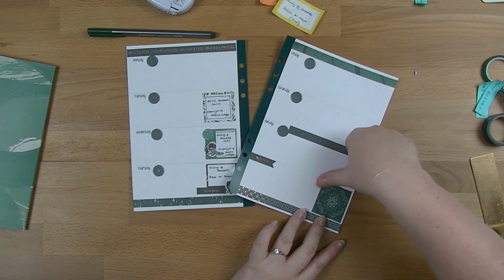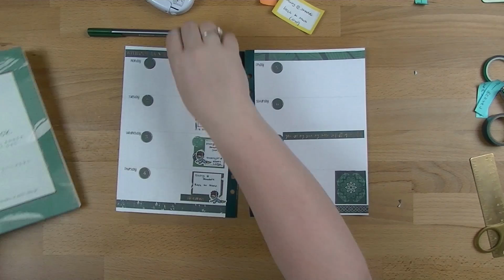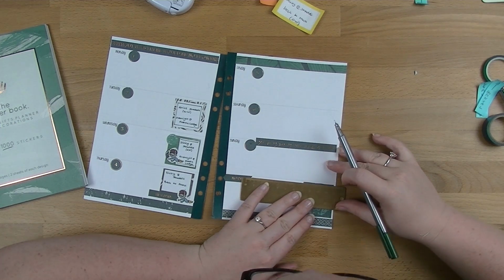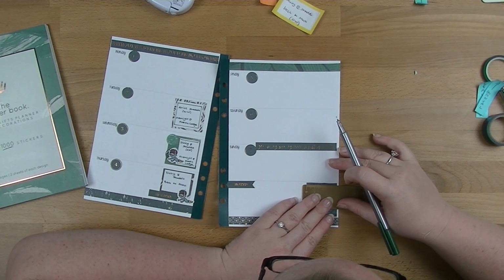We're not going to have it as a to-do list or anything, we're just going to have it just sitting there. Then next to it, I'm just going to draw in a box. So about the same size. I'm actually going to measure this so it's